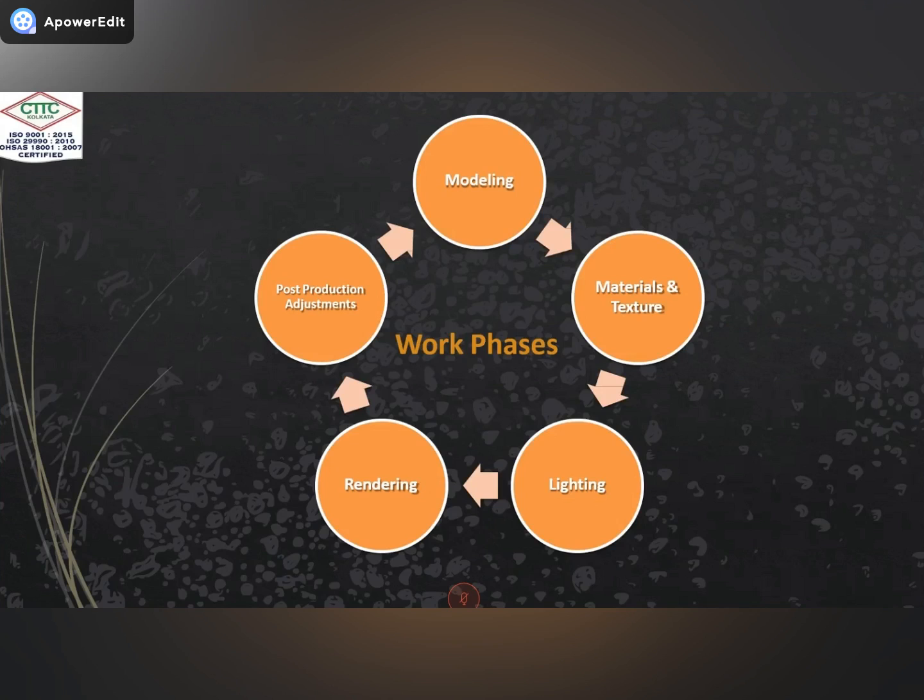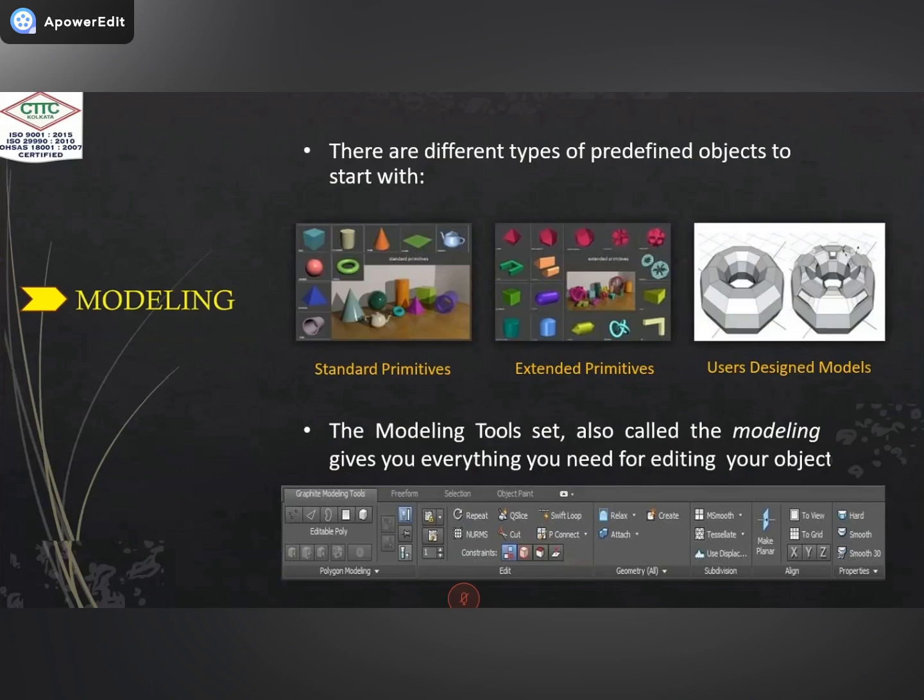I want to specify in the image, I want to show some sky on that image. So we will use Photoshop for the post-production adjustment. And we can also use Lumion for the post-production adjustment process. Later I will discuss the post-production adjustment. First you can see the modeling, texture and lighting, then render. So next, see the modeling part.